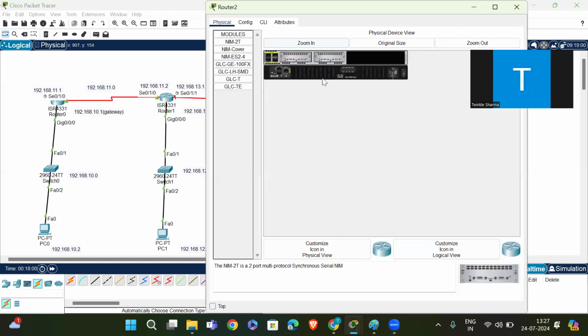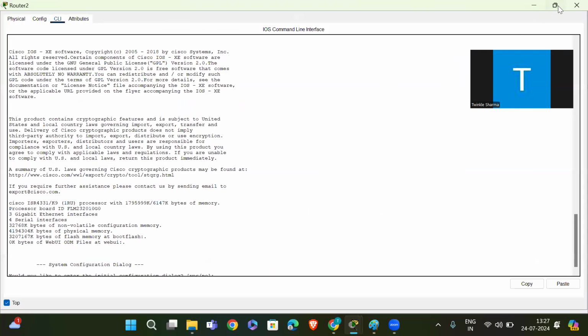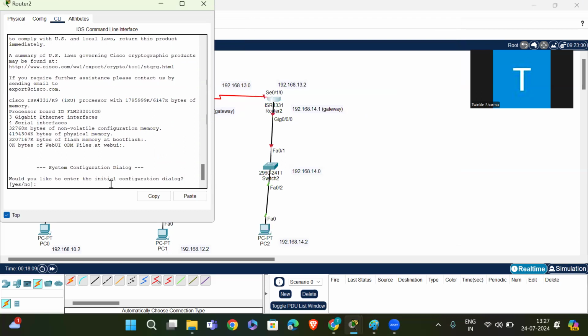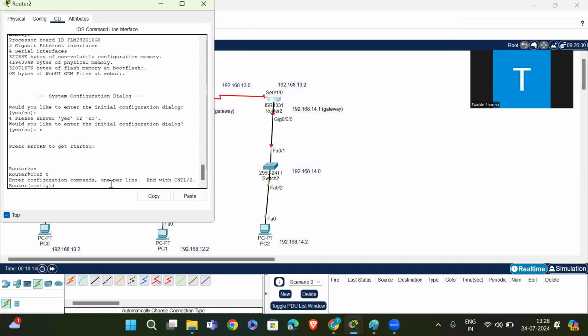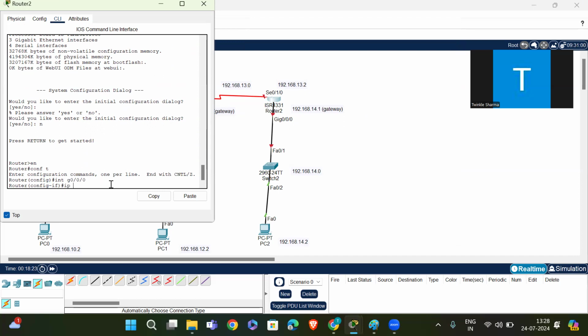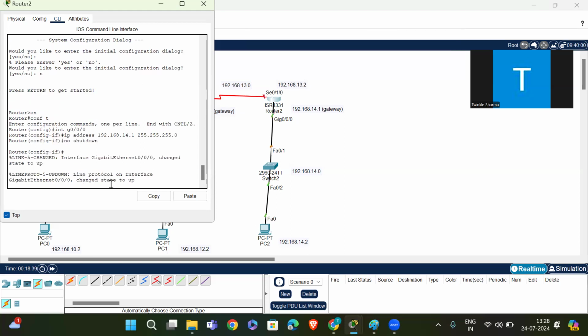Then go to our third router. Enable, conf t, interface G0/0/0, IP address 192.168.14.1, 255.255.255.0, no shutdown.